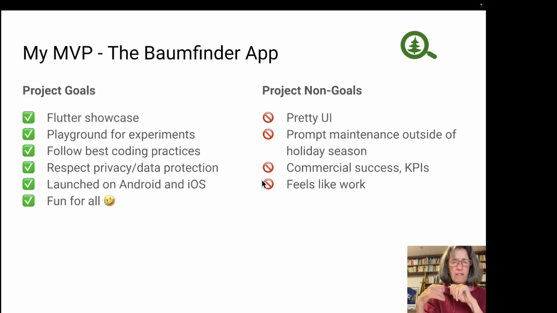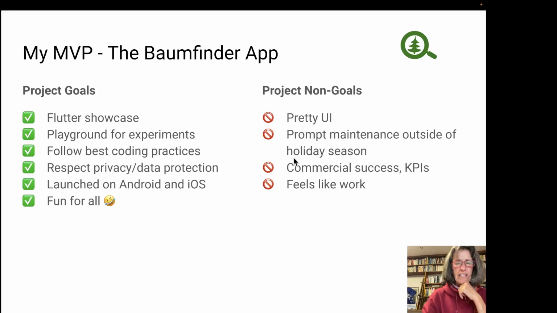While I had these goals, I also had a few very clear non-goals. The first one was the UI. Now, this is a bit of an issue, actually, because as I said earlier, Flutter is a UI toolkit. However, the fact is, I am not a designer. I have no design skills. I'm a backend engineer. And so, while I would like to center my experiments on a pretty UI, I just can't.